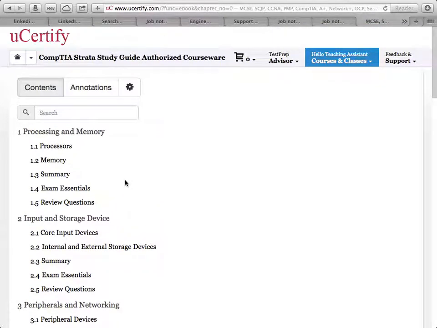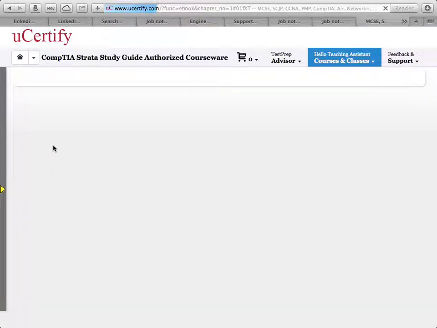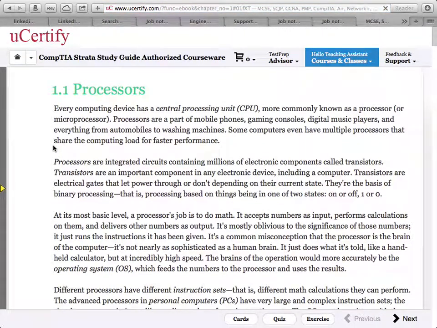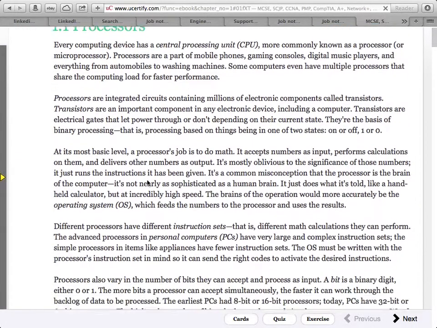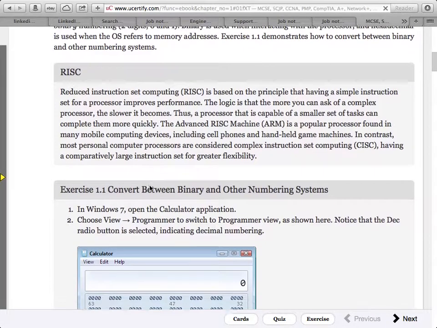But the nice thing about this is that it keeps track of how we study. Like right now, we're in processors. So when you get home, all you need to do is come online and click processors. So this helps you to refresh what we have done in class. Yes, it helps you to refresh. So you see, it starts with processors. Are you getting me? So you can go through, you read through, and it gives you even more details.